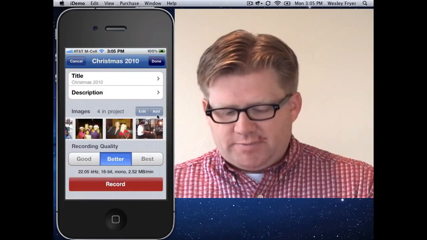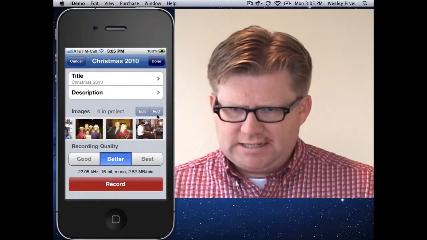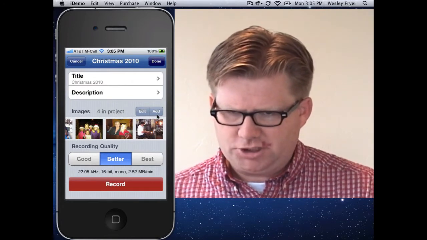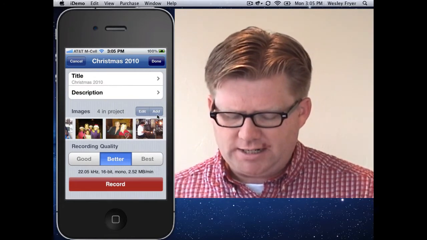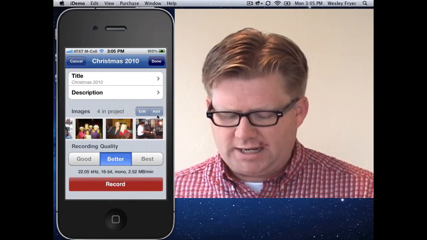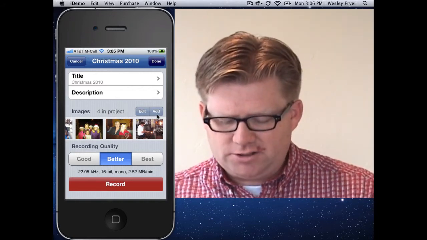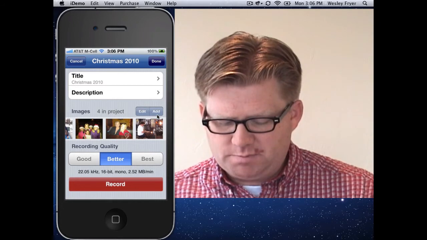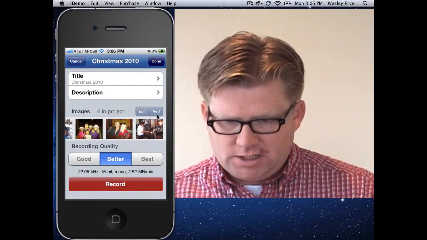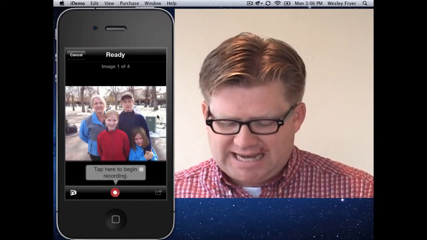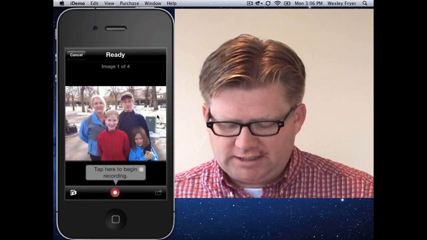What I'm going to do now is click the record button, and I'm not positive if my screen sharing solution here is going to show this part or not, but I'll make this quick. What it's going to do is give me a countdown to record, and then I'm going to flick through these pictures as I narrate them. So I have this button here that says tap here to begin recording. I'm going to click that button,